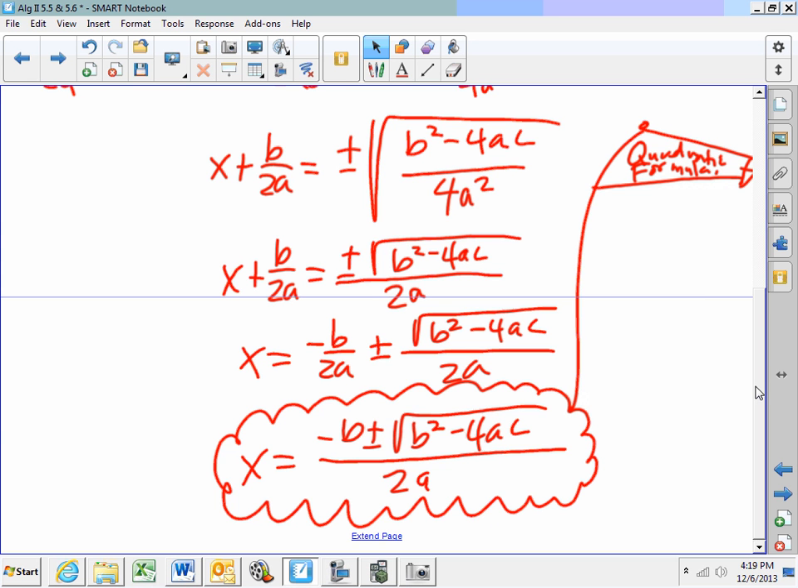There are a number of different memory devices. You can sing this to the Pop Goes the Weasel song, or there are other memory devices. I'll sing it once, but